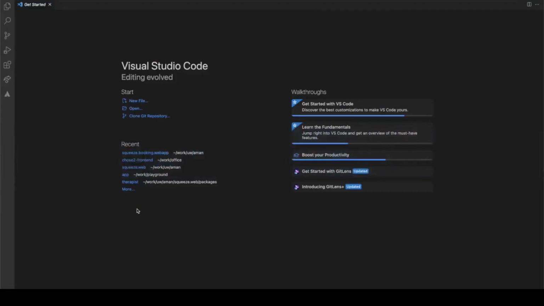So let's get started. You need to have Visual Studio Code and Node.js installed in your system before following this tutorial, because that's what I'm going to use here. So let's open your Visual Studio Code,